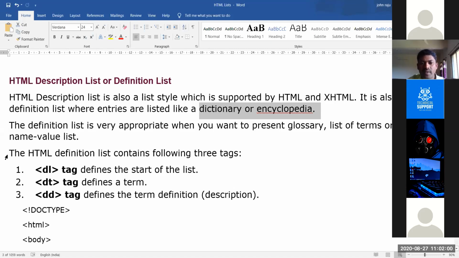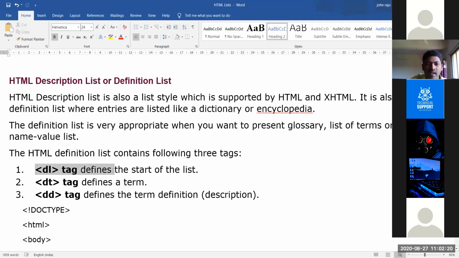So for that purpose we are using this definition list tag. It's most important. If you want to search any particular word on the web browser, we need to specify a definition list.